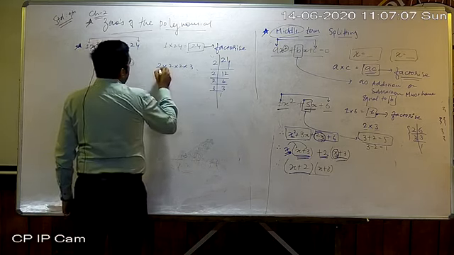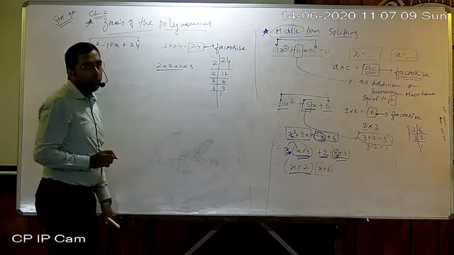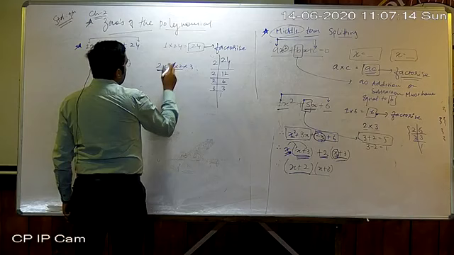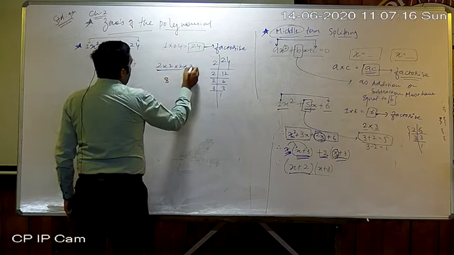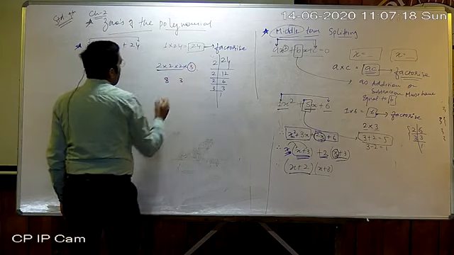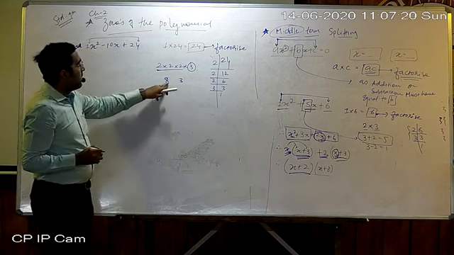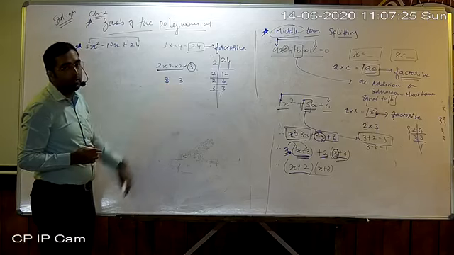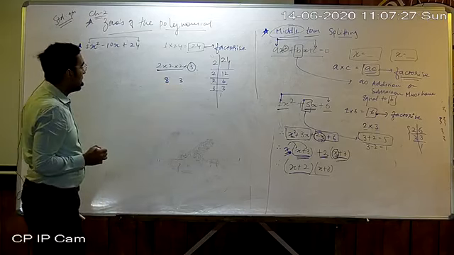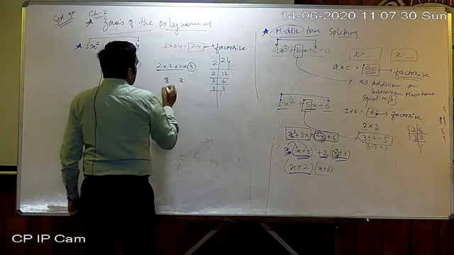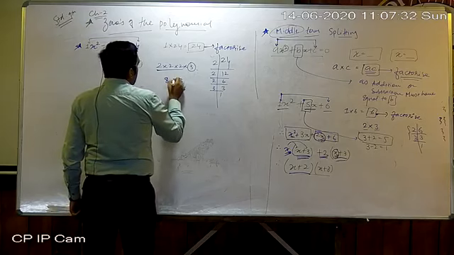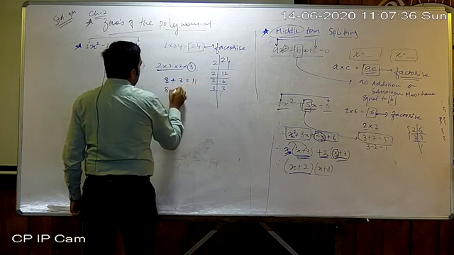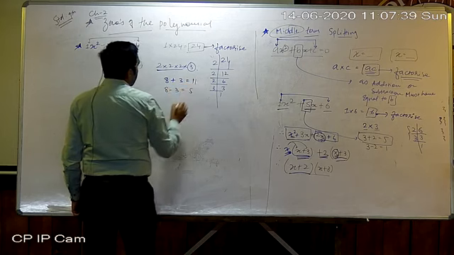First of all, I'll take all 3 2's. So 2 2s are 4, 2 4s are 8, and 3. Take 3 as it is. So here we saw that 2 numbers are created, that is 8 and 3. When I add 8 plus 3, that is 11, and when I subtract 8 minus 3, that is 5.